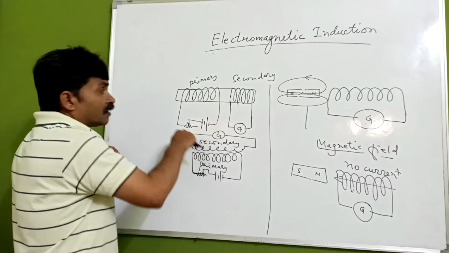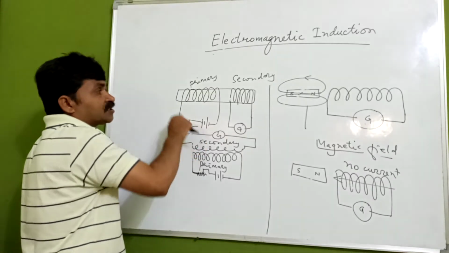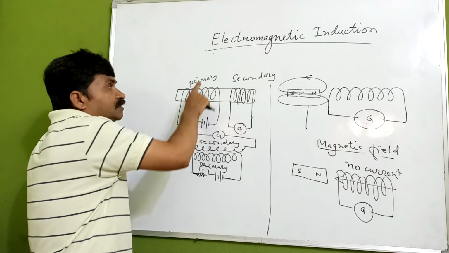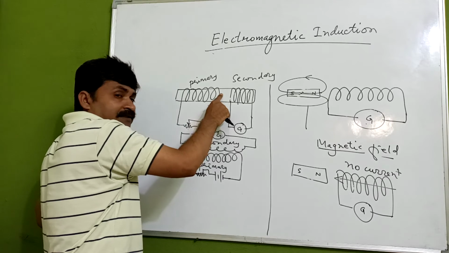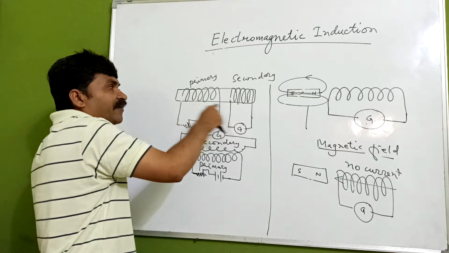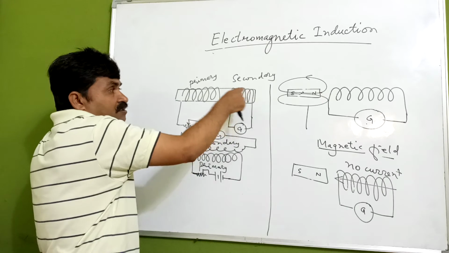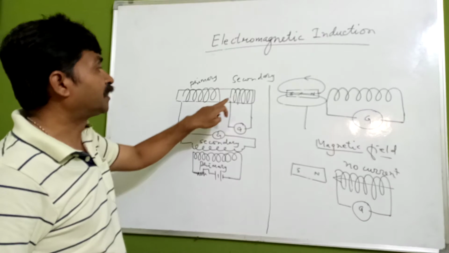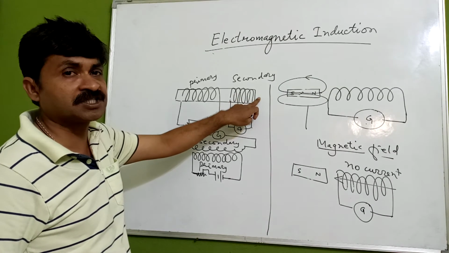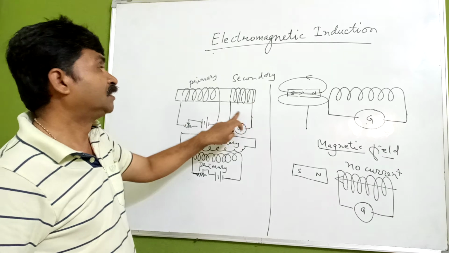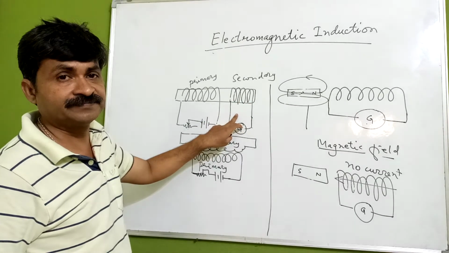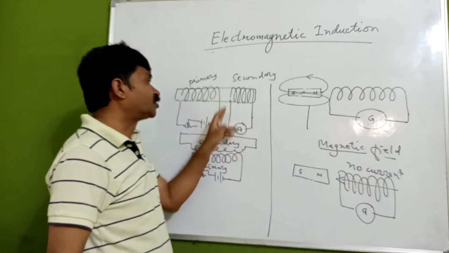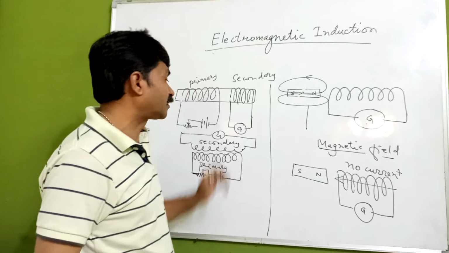Similarly here, an electric current is used and it is causing a current to flow through this coil. This is the primary, and there will be magnetism, and this magnetic effect causes the magnetic field to change because of the change in the current in this. It causes the magnetic field lines to change in this coil which is kept near to it, and it causes an EMF to be induced, means an EMF is generated, and when the EMF is generated, it causes a current to flow through it. This is the self-induction that we can call it.